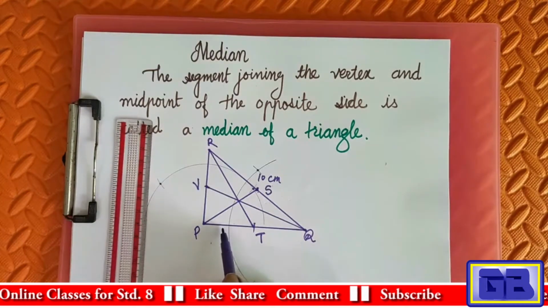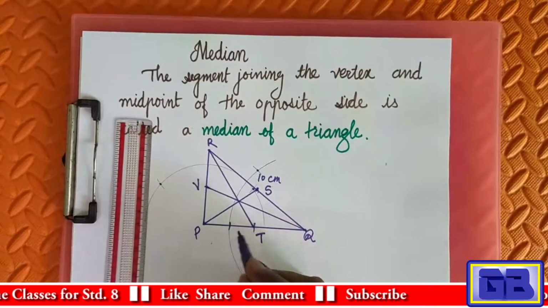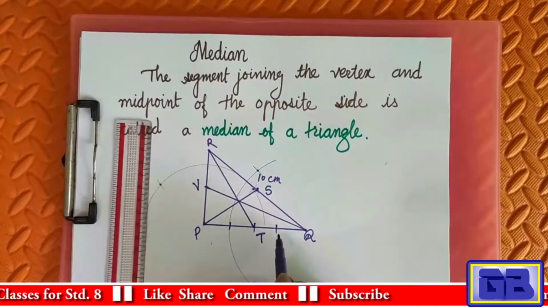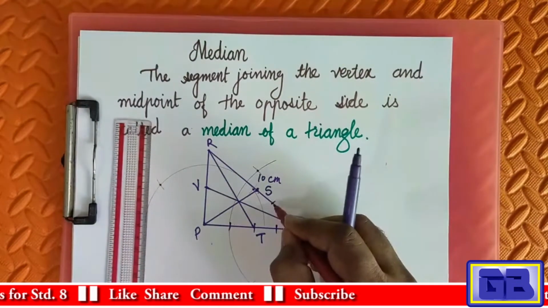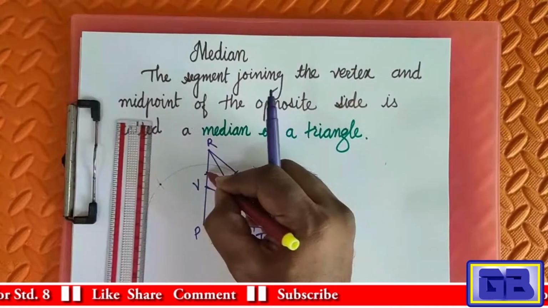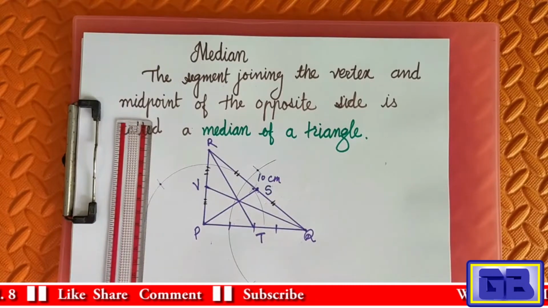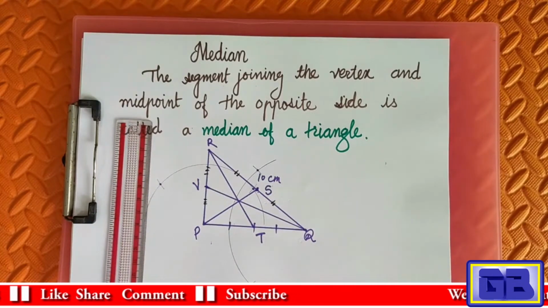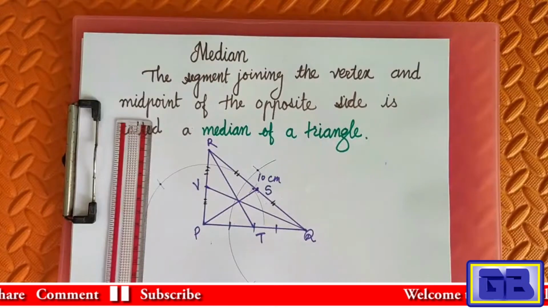As this part and this part are equal, you can give this symbol, single dash. Here we will give double dash, and here we will give triple dash. Give like this. And now, which question is it? This is not a question, it is just an explanation of median. Once I finish this explanation, then we will start practice set 4.1.